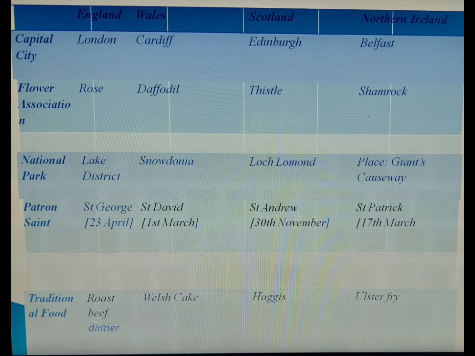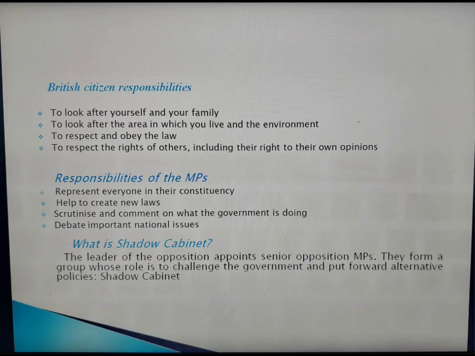Ireland St Patrick. And traditional food of England is roast beef dinner, Wales Welsh cake, Scotland haggis and Northern Ireland Ulster fry. British citizen responsibilities: to look after yourself and your family, to look after the area in which you live and environment, to respect and obey the law, and respect the rights of others, including their right to their